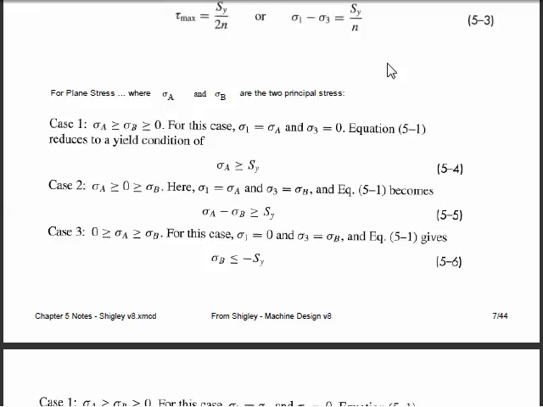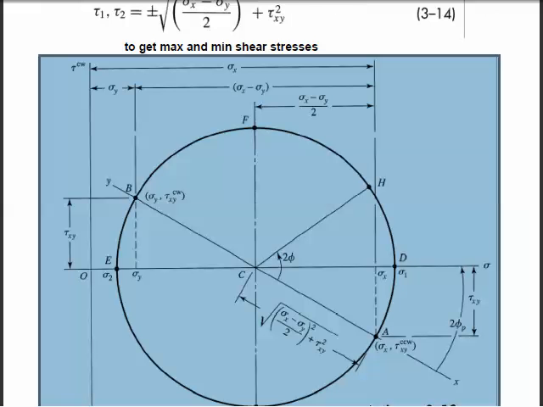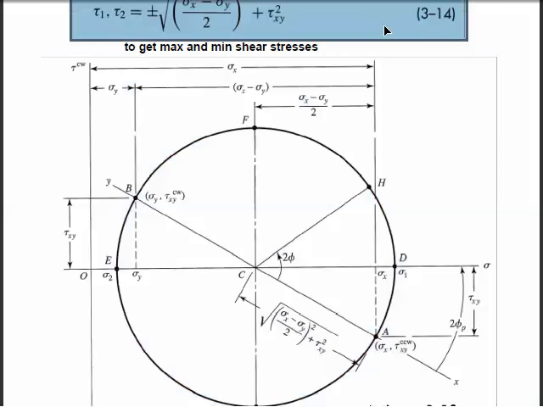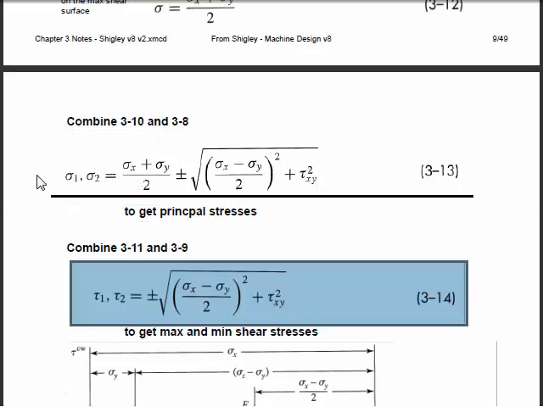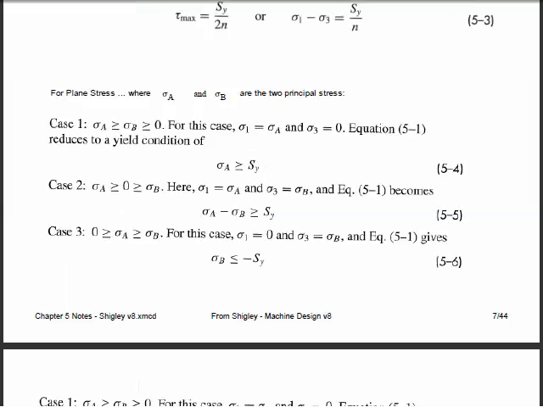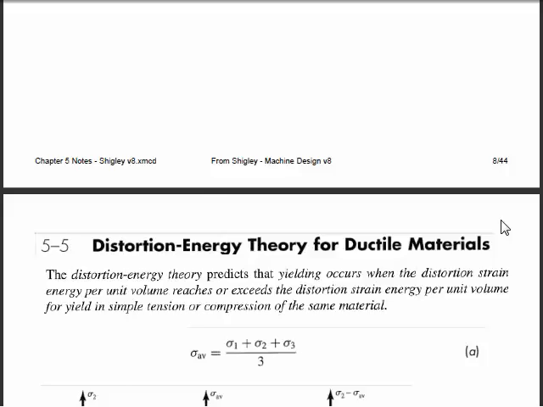If we don't have sigma A's and B's, we first have to go to Mohr circle and use the Mohr circle equation to get our sigma A's and our sigma B's. That's everything there is for the maximum shear stress theory. Now moving down